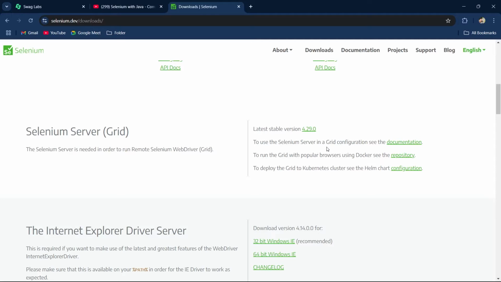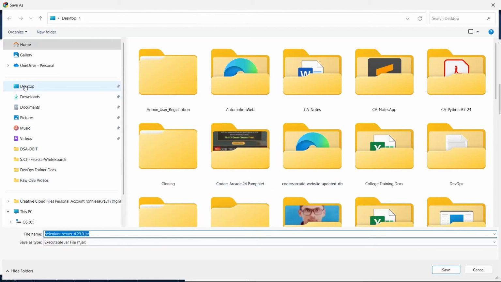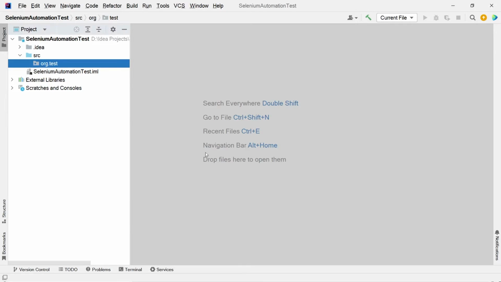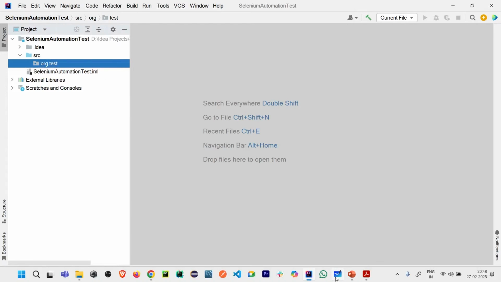The steps are absolutely the same, you need not worry about that. So I click on this and it will download. I'll download it and store it on my desktop, save it. Fine. You can see it is getting downloaded. Yeah, it's done now. So step by step I'm telling, go to the website, go to downloads, download this latest stable version jar file, then go back and then here, if you see here in my manual,